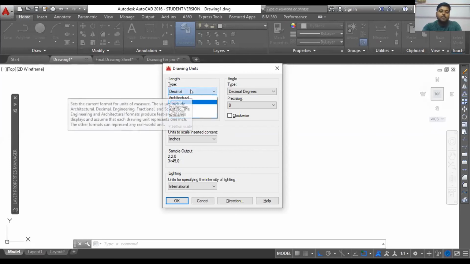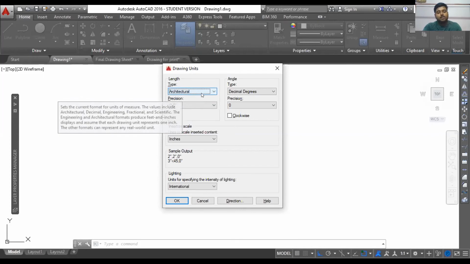And in some cases people ask that we don't want to read the drawings in 5 inches or 7 inches, because that is sometimes difficult for the common laborers to measure, because they have steps in feet and inches as well as millimeters. But if you say that this is 8.5 feet, that means 8 feet 6 inch, they can easily measure that. But if you say 8 feet 5 inches, they again have to calculate, okay, 8 feet, 1 2 3 4 5 inch, that way. So in that case, this architectural representation helps them.